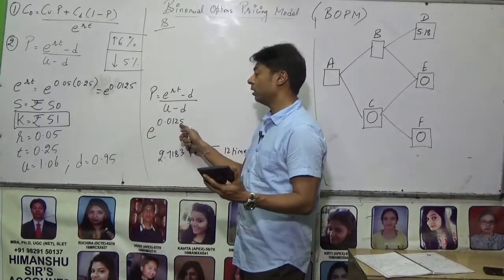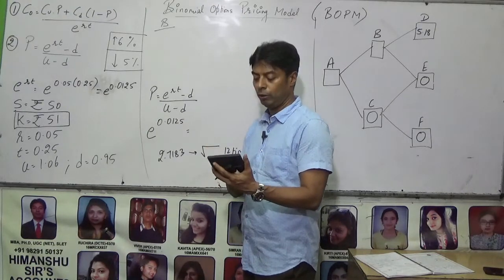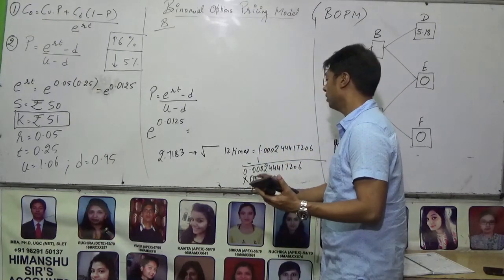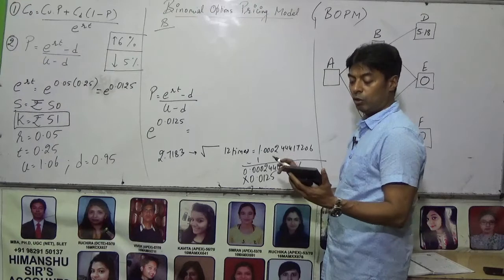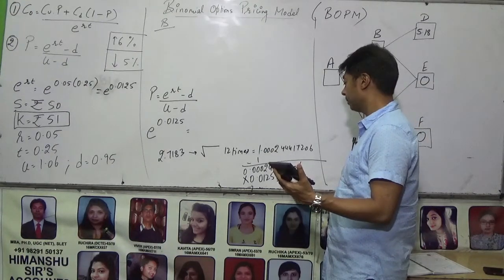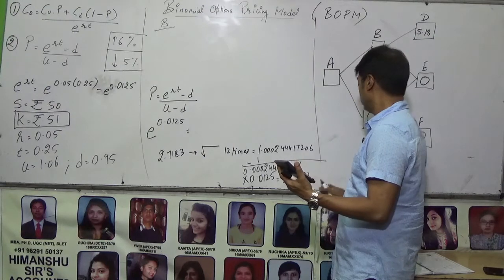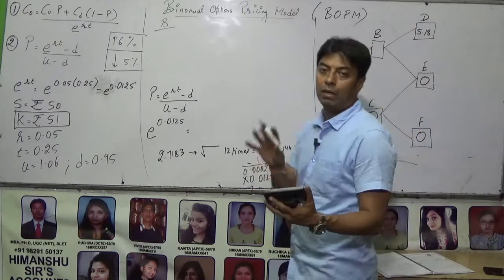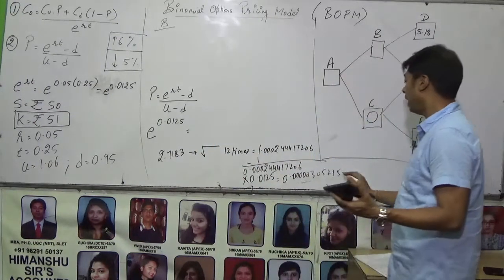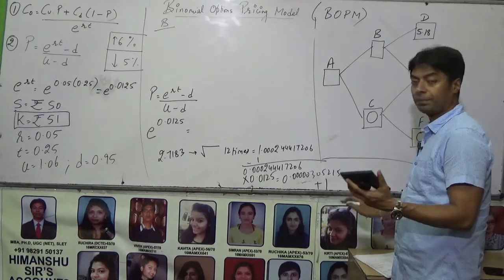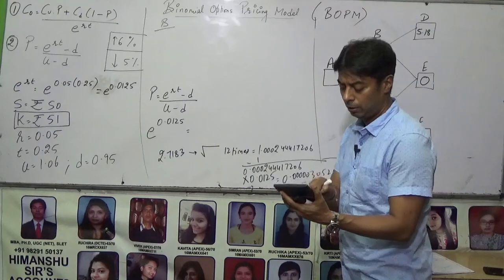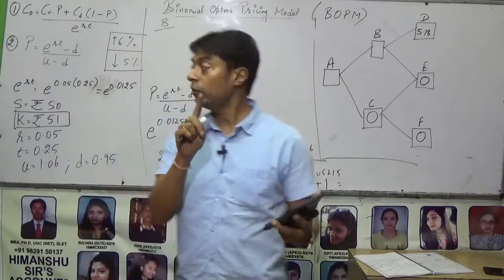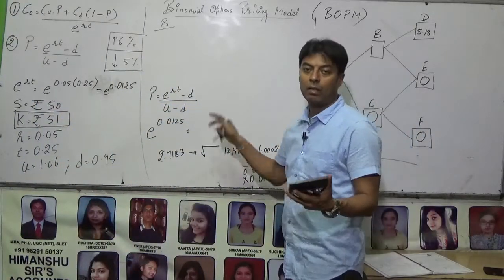Multiply the value which is at the power place, so into 0.0125. So you multiply this value by 0.0125, and you will get something like 0.305215 times 10 to the power of minus something. Now what will you do? You will have to add 1 to it. Add 1, then you will get 1.000305215.